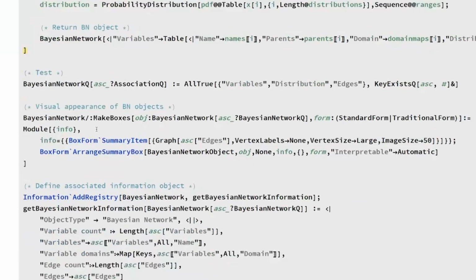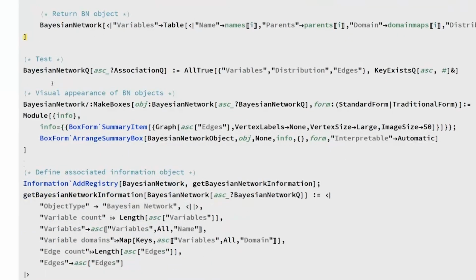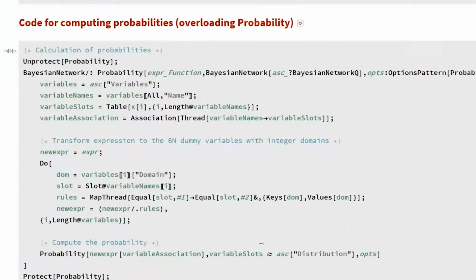And then to make it look more native, I learned with some help from people at Wolfram how to make it look similar to what, for example, a neural net would look like in Wolfram language. To compute the probabilities, the way I did it was to overload the probability function.